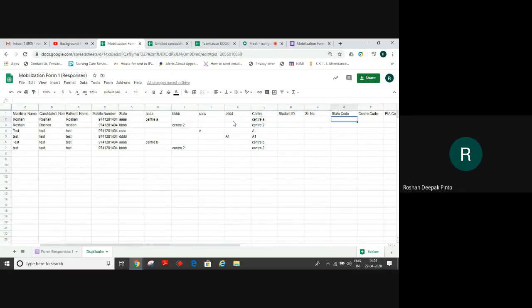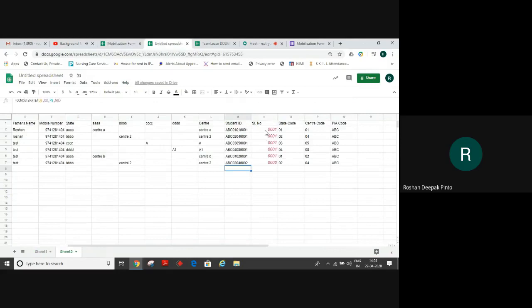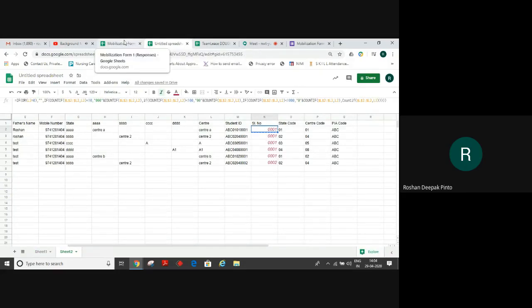Next, we go to the serial number. This is quite a lengthy formula to create, so that the serial number doesn't repeat, for one thing. And secondly, we need to have certain zeros. You can add 4 zeros or 3 zeros or 2 zeros. If you're gathering data of more than 1000, or more than 10,000, then you need to have at least 3 zeros. So for that, I'll just copy the formula from where I've written it already, and then I will explain it to you.